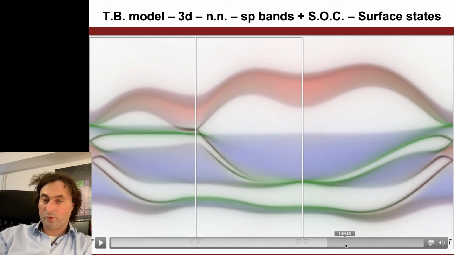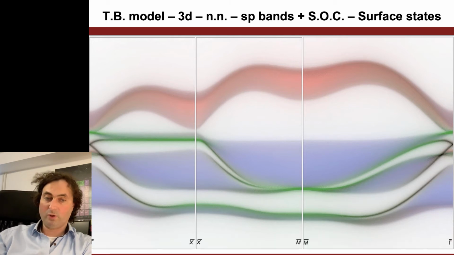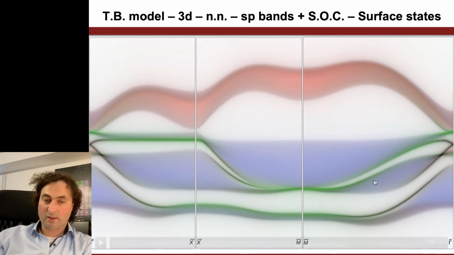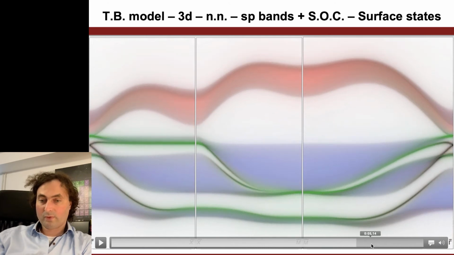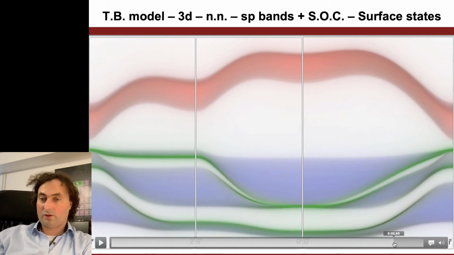until at some point the P band, the P1/2 band, is completely below the S band, and you're just a topologically trivial system with no gaps, or with no surface states inside the gap. Actually there is a surface state here, but it's not filling in the gap between them. And then the S band is completely above